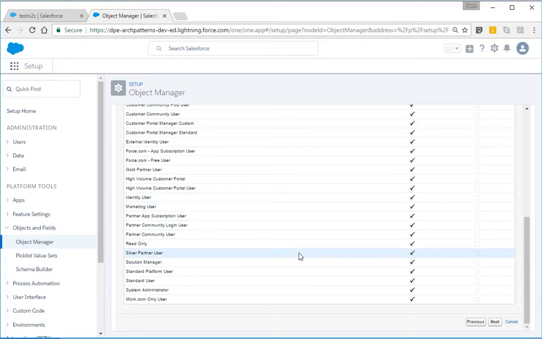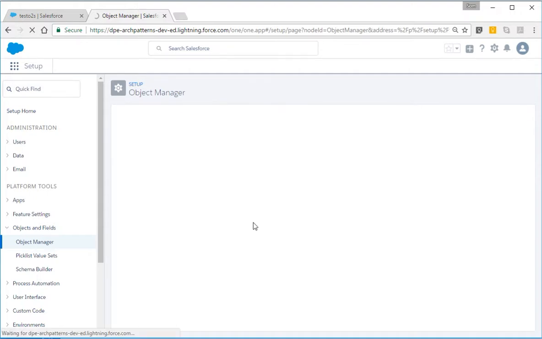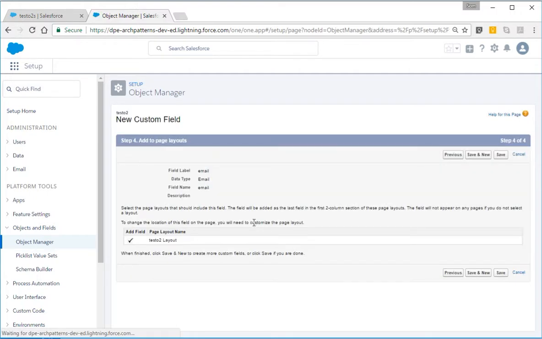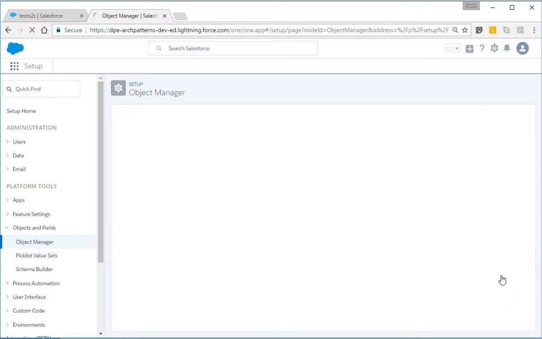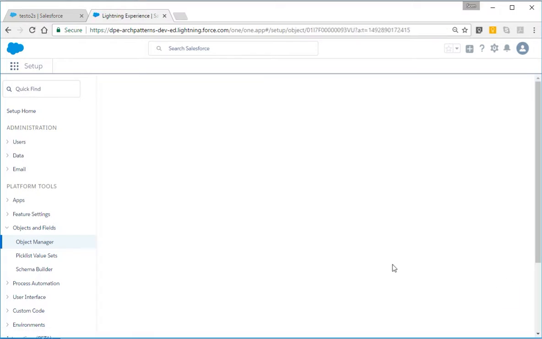Next, is there anything else? It says add to page layout. Yes, the page layout that we had, the name is test object 2 layout. Yes, we would like it to be added. We save, upgraded the record. Okay, now if I want to get back to what we were seeing